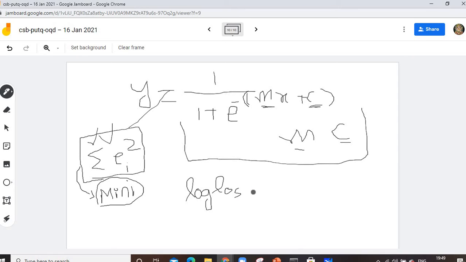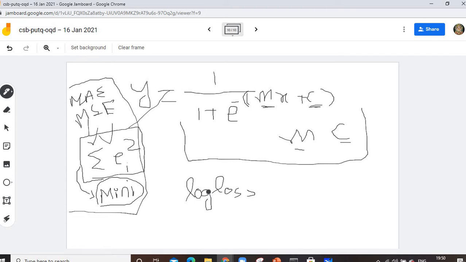Okay, this was called mean squared error, MSE, which we calculated for linear regression, or mean absolute error, MAE. These two techniques we learned in linear regression to calculate the loss, and on that basis we try to minimize our loss. But in logistic regression we will calculate the log loss, and we will try to minimize this log loss.